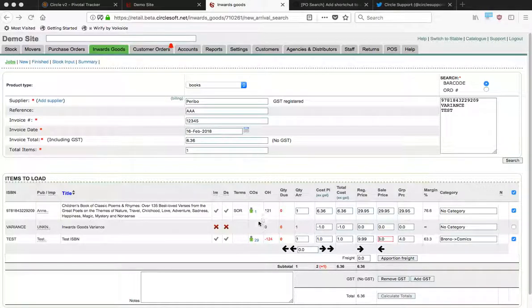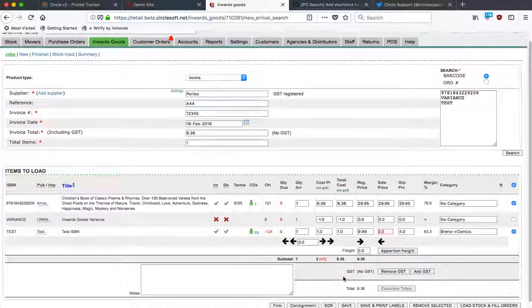Hi everyone, this is looking at the new consignment approach. At the beginning it's the same in terms of inwards goods. You have your suppliers. I've got Perebo set here, and you set your items as consignment if it's a consignment